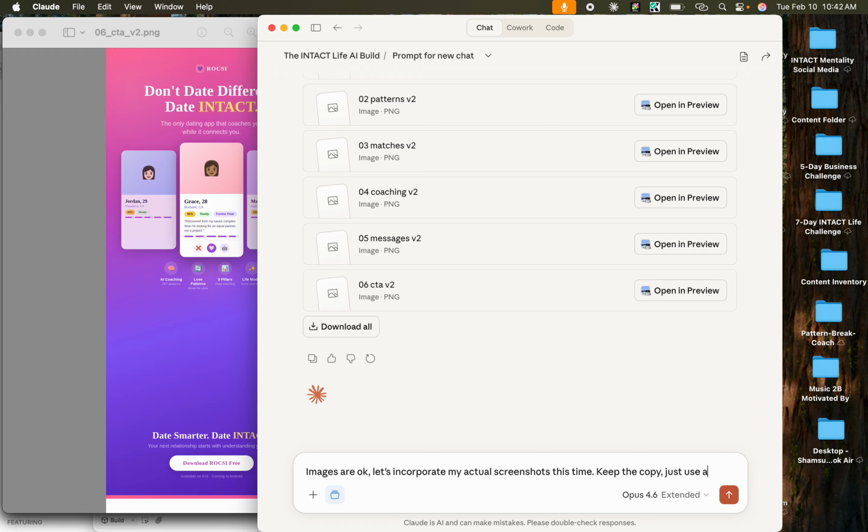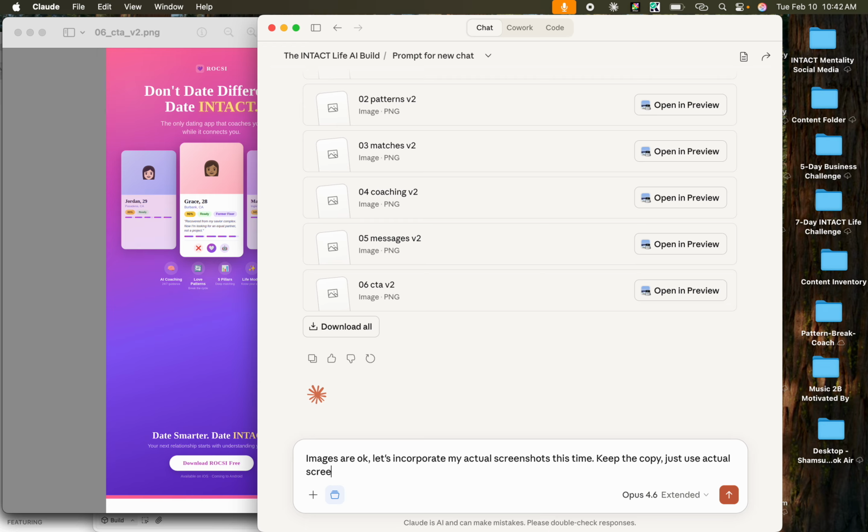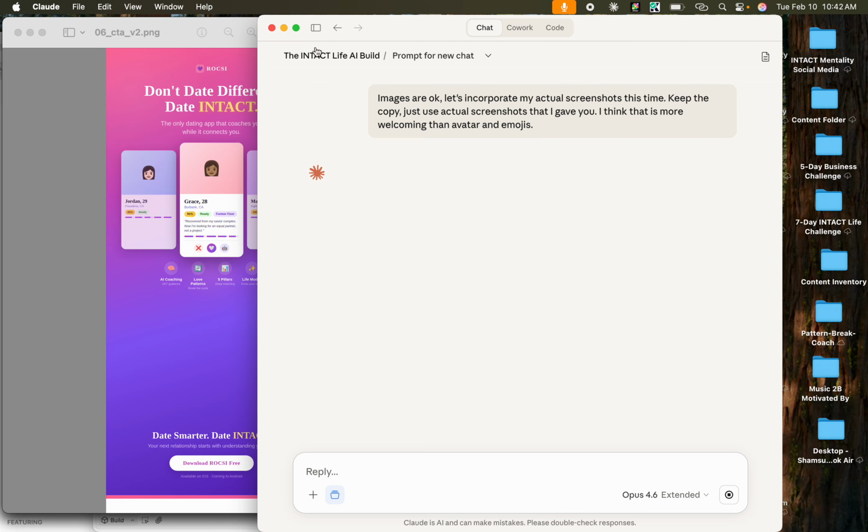Just use actual screenshots that I gave you. I think that is more welcoming than avatars and emojis. All right. While that's working, let's go back over here.